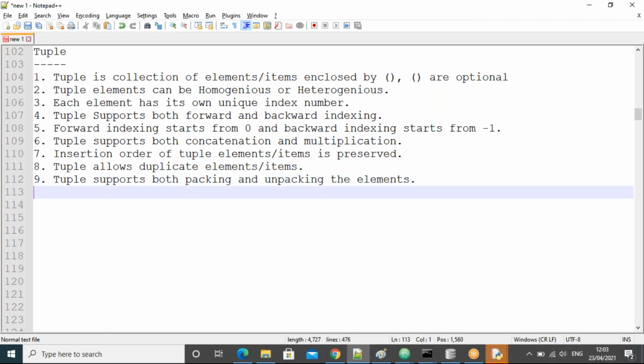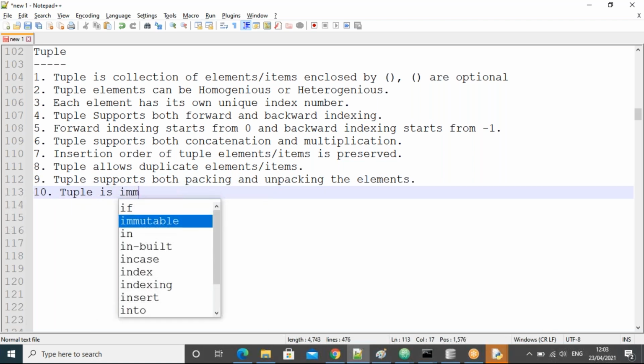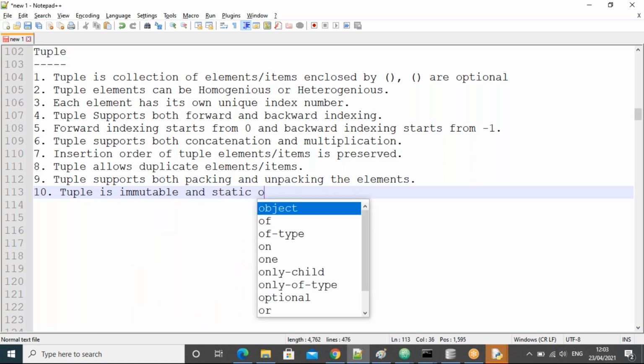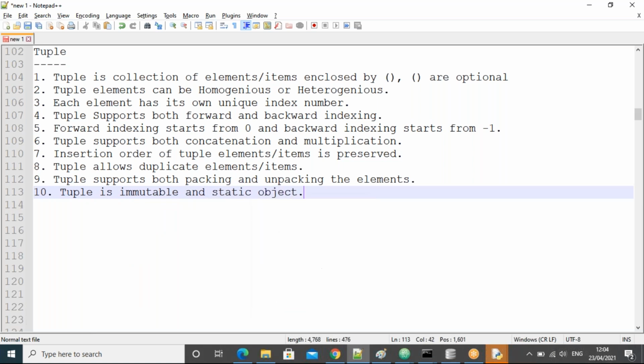Right. Next one, guys, is now the main point. A tuple is an immutable and static object, guys. Right? Okay. Next one. There is a common point, right? Indexing and slicing.